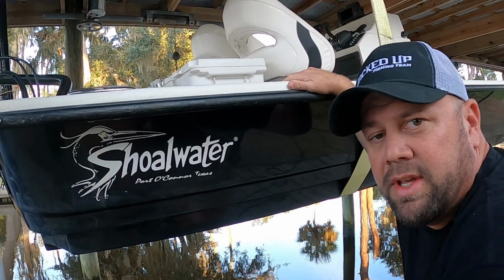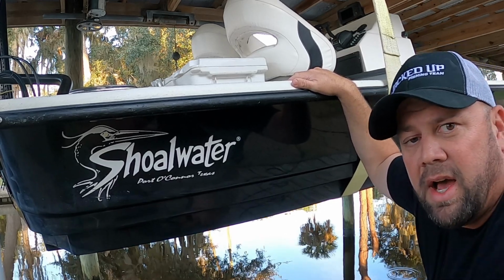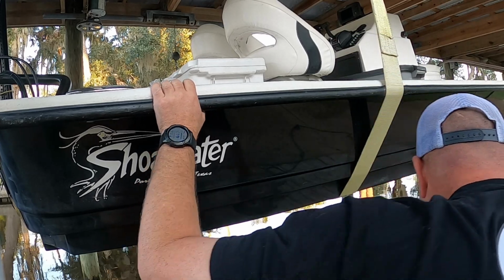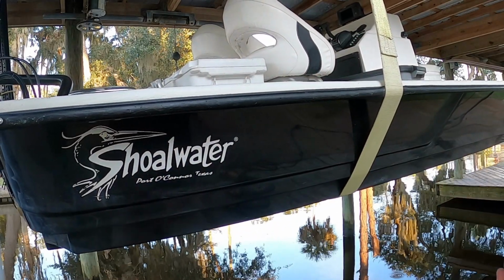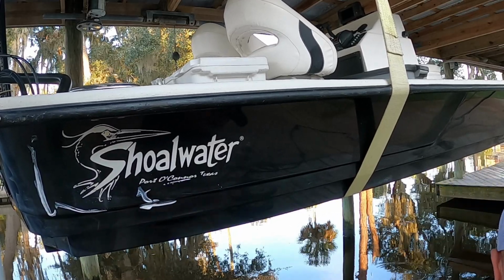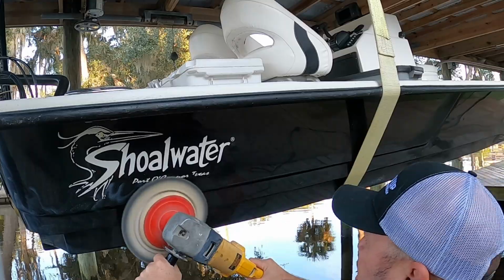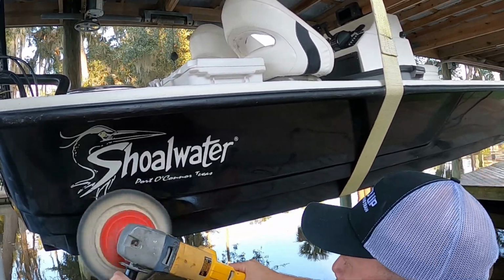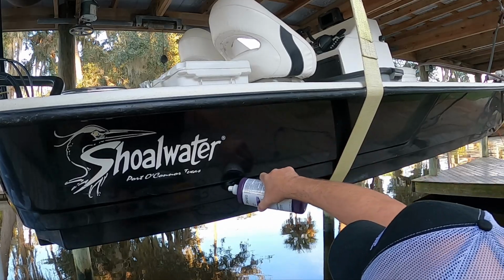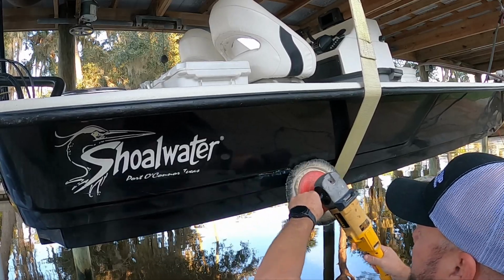The other step, if it's too much, is to wet sand it. You can start with like a 600 grit, but you got to work your way all the way up to about 1,000 grit in order not to see the lines from the sandpaper. I don't think I'm gonna need to. I think I'm gonna be just fine with just hitting it a couple times with the buffer and the polish or the compound. Let's see if I can do it some more here. I'll get this corner as well. Right in this corner here now. I'm going to try to get this corner nice and